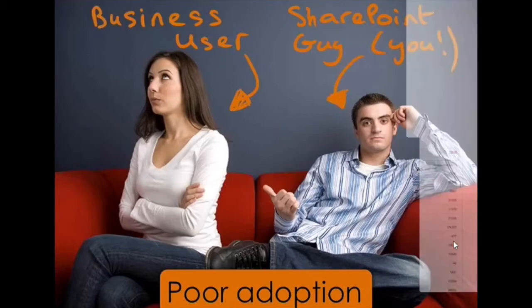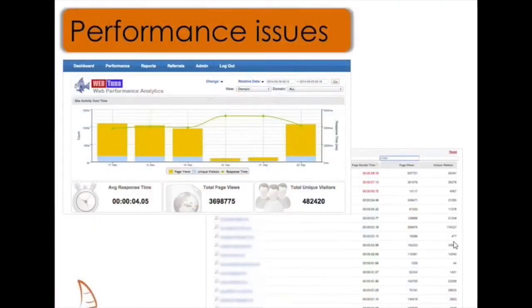Other aspects are performance, unsurprisingly, from this webinar. But we often do forget about the performance of our intranet, especially when we're looking at global intranets or intranets that are serving lots of different areas. We've got some screenshots here from WebTuner, which we'll hopefully hear about in a little while. But the performance of our intranet is really critical, and it's not just the home page that we need to be focusing on. It's the delivery of all of the content and functionality from across the intranet solution